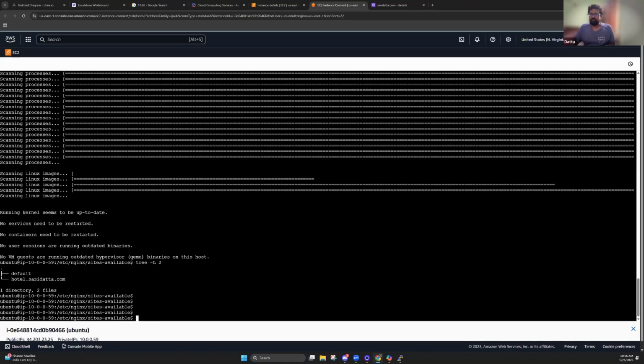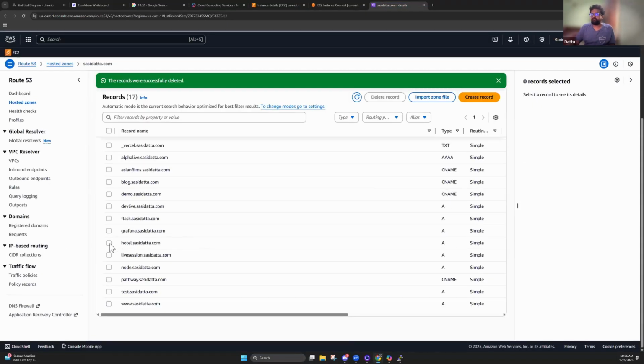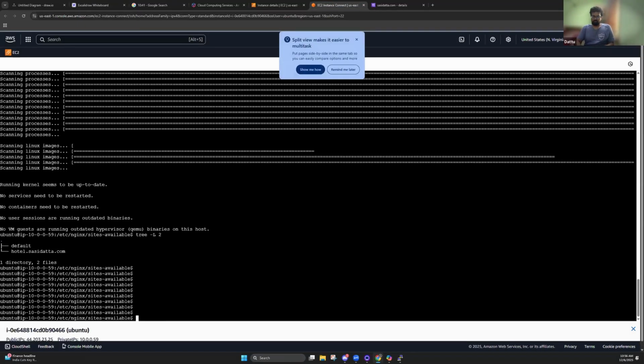So yeah, this is my site. I set up a site called hotel.sysdata.com. Okay, so if we go here, this is the one, and I'm pointing to the IP address 44.203. Okay, so if I go inside,